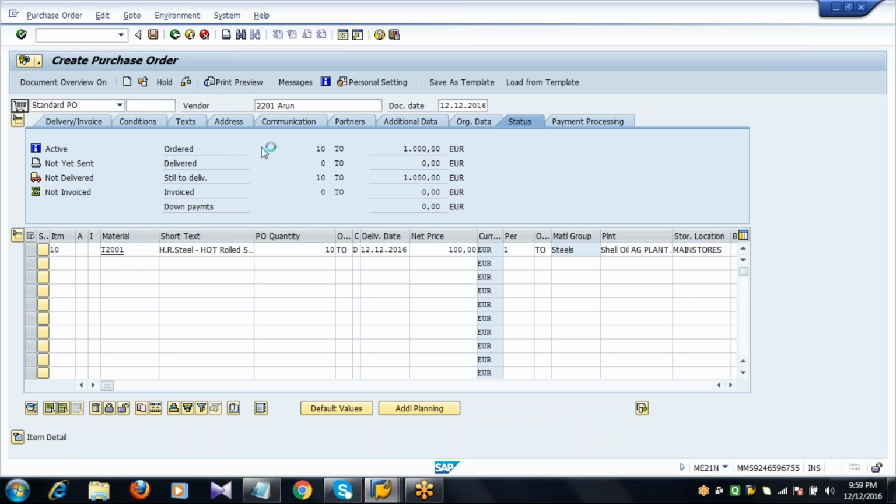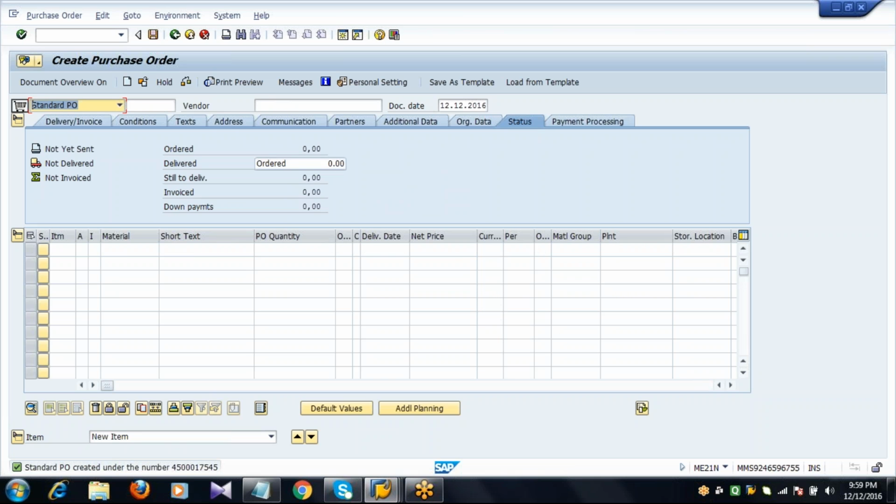After the creation of PO, before creation of GR, where will the stock be? That is a very important point. They will ask it in the interview. But normally we blindly say the stock will not be available or will not show in the system. It's wrong. The question is, listen carefully. I created a purchase order, but I did not create a GR for that PO. Can we see the stock in the system?